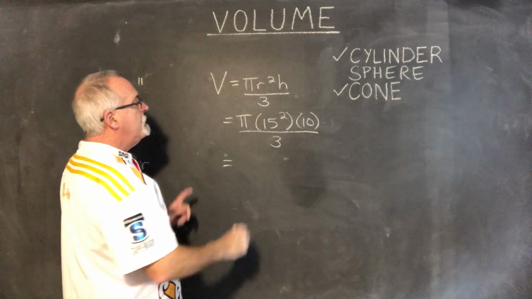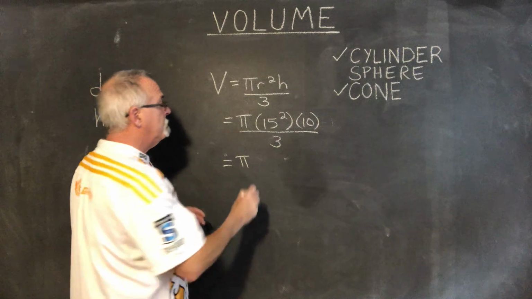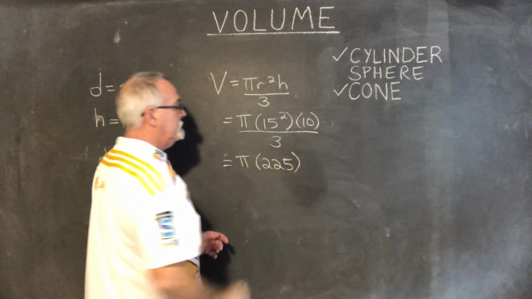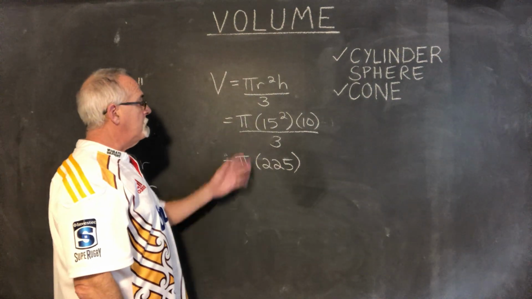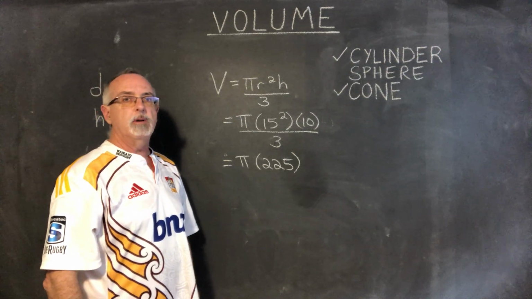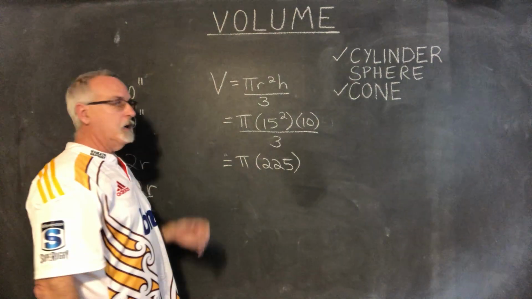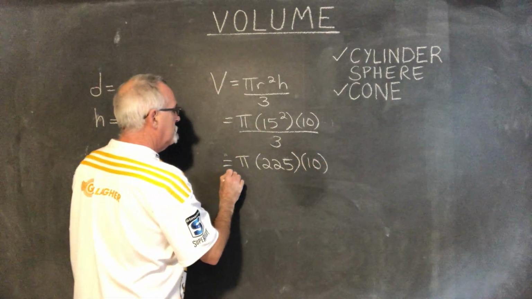Okay. Order of operations, still keeping that as pi. 15 squared happens to be 225. There's ways of knowing that, one of which is be a math teacher, and all the common sizes of radiuses that you will ever see, you will eventually memorize the squares of them and even the cubes of them. It just has to happen eventually. It's part of being a math teacher. Times 10 divided by